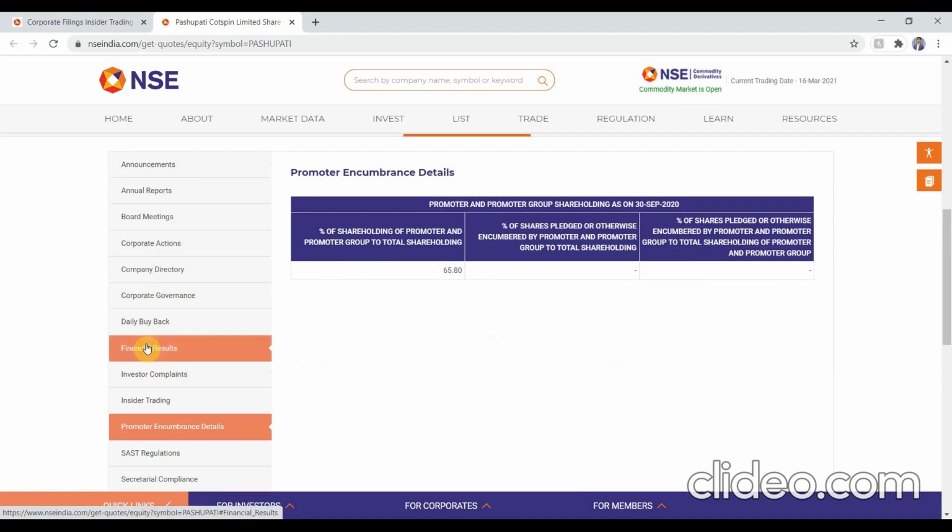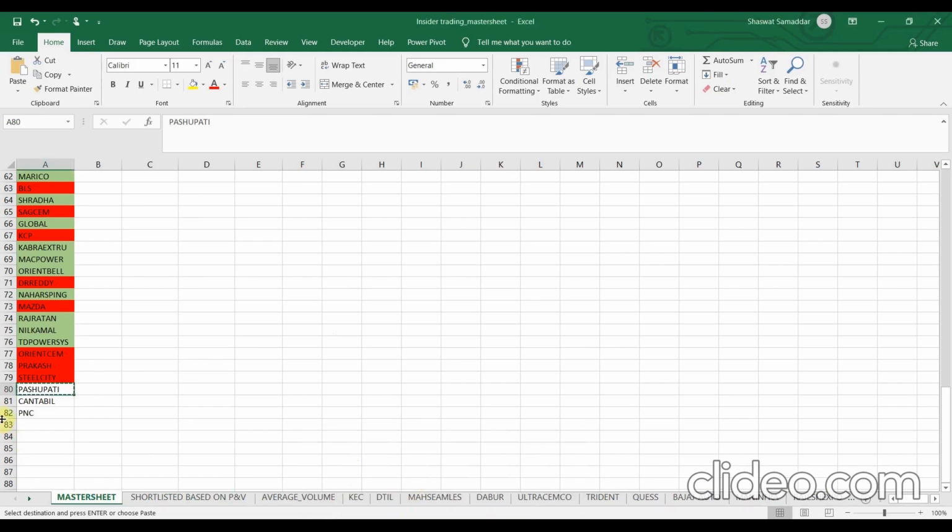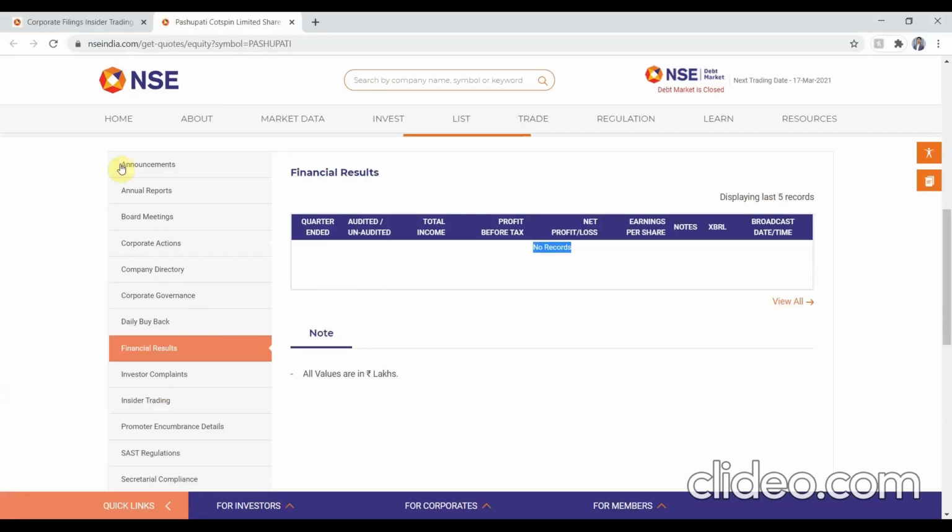Pledging is not there. Let's check the optional criteria, earnings per share. There is no record of earnings per share, but that is an optional criteria. So I'll consider this to be a green stock. It's your choice whether you want to mark it as green or yellow. It won't be red, because it passed all the three primary criteria.